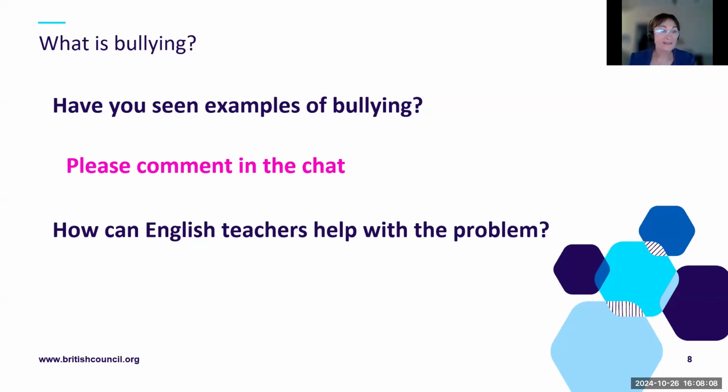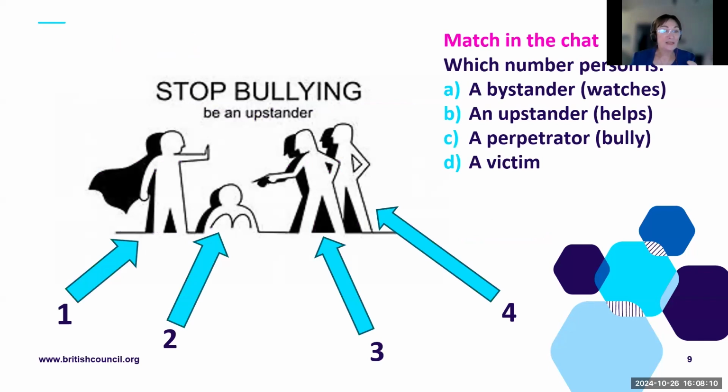So, Linda, next. So here we have a sketch of a bullying incident. And typically, there's a victim. Can you have a look at, in the sketch, what number would represent the victim? Absolutely, Doreen, 2. And then we have a perpetrator, a perp, the actual guy doing the bullying. What number would that be? The bully. Thank you, Samia, 3.